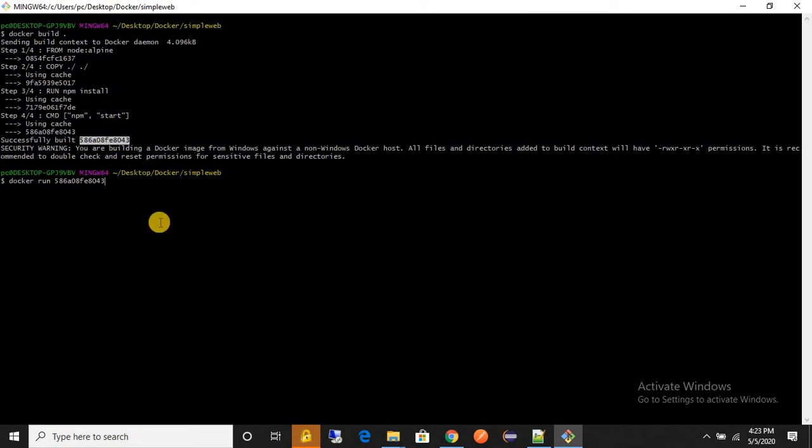So Docker provides a -t tag, so that with the use of the -t tag, you can tag this ID to any name. We are going to tag this ID, and we can see the example of how we can tag this ID to any name. So no need to run this command here.